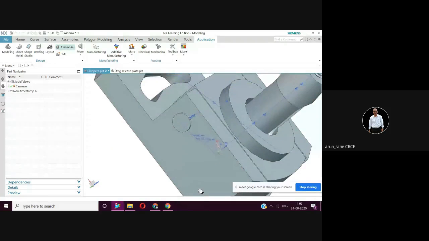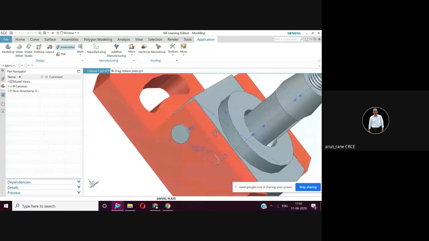See the effect of changing the dimensions in the component. And this is the beauty of the software. You can take the decision very fast. Go to the component, change the dimension, and see its effect in the assembly. See now, here you can clearly see, you can measure this distance also. It is up by 2 mm.